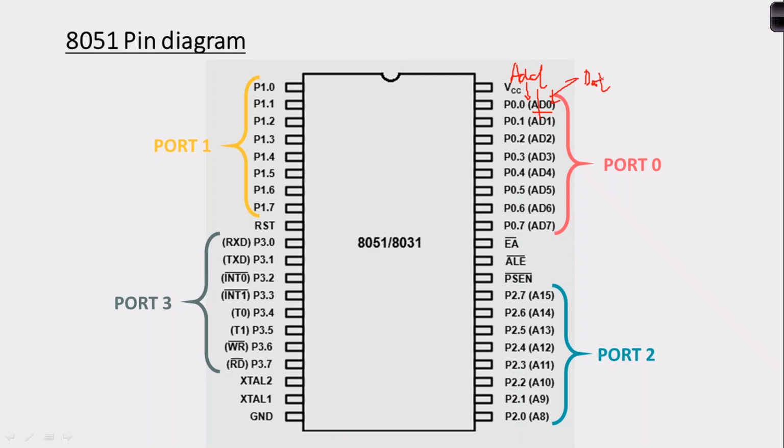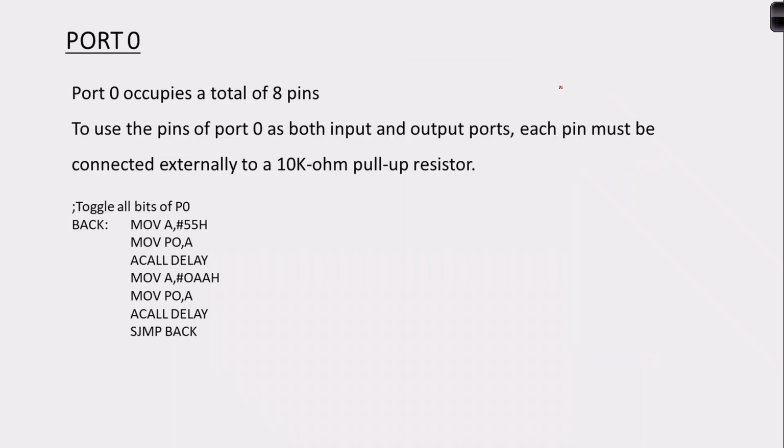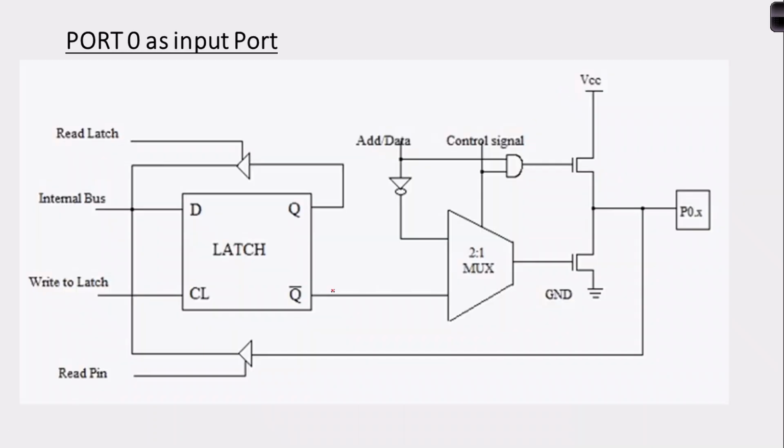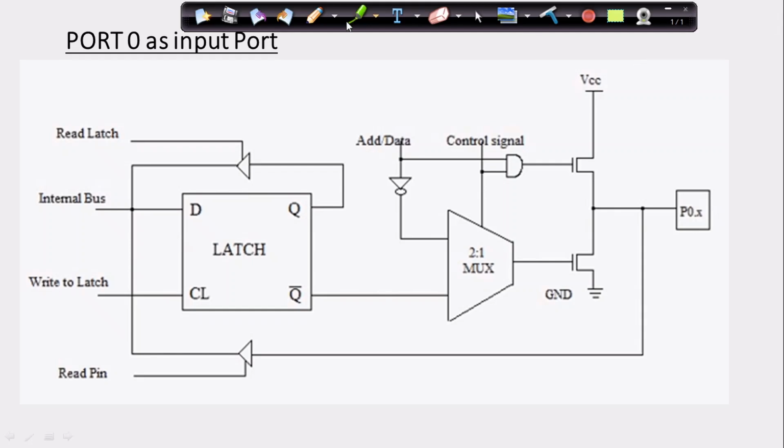Okay, so that is why our port 0 will be used as the address bus as well as the data bus. That is the reason why we are going for this particular configuration of our output port. Now if you look at this, all the ports we are having,